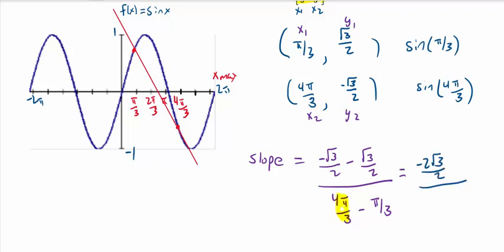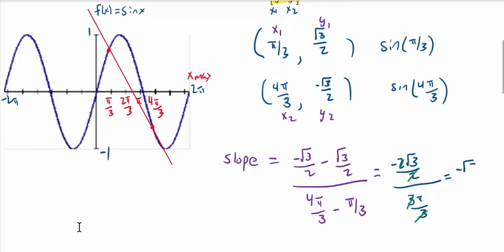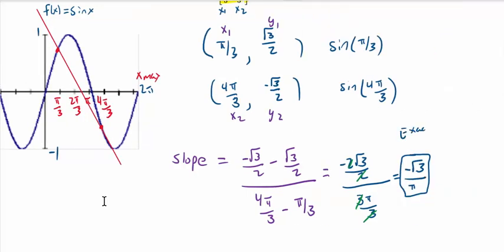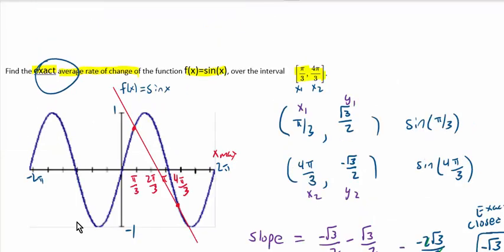And since 4 pi over 3 subtract 1 pi over 3 would be 3 pi over 3, you can see that we get a lot of things simplify out. 2 divided by 2 is 1, and 3 divided by 3 is 1. So those simplify out, leaving us with an answer of negative radical 3 divided by pi. So note this is an exact answer, meaning it's not a rounded decimal. It's also equivalent to say that this is a closed form answer. So the exact value, or the closed form value, of the average rate of change was negative radical 3 over